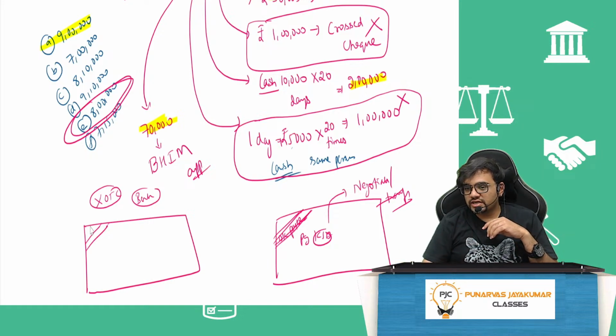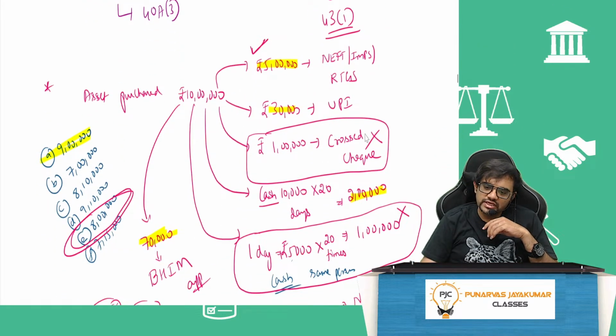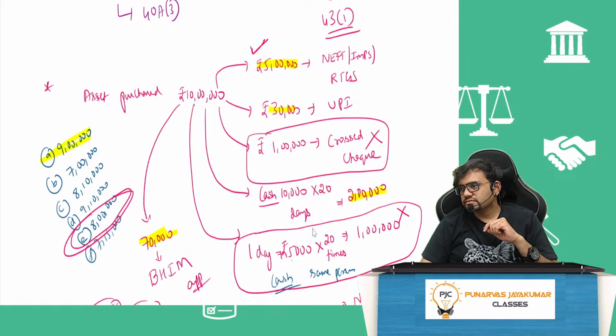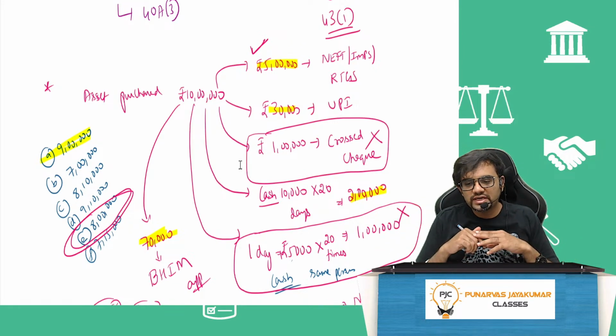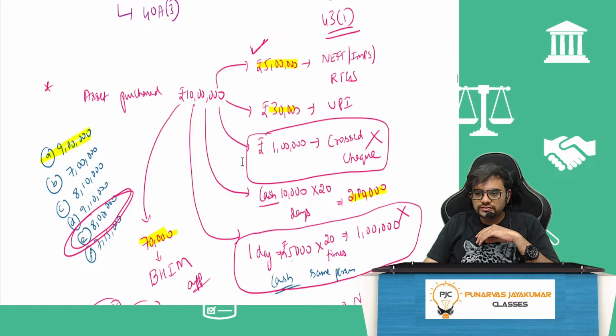So if it is a cross check, as per 40A(3) and 43(1), that is your capital expenditure, this is deemed to be cash. 1 lakh is deemed to be cash. So 1 lakh will be subtracted from actual cost. So 10 lakh minus 1 lakh, minus 1 lakh again. Why this 1 lakh? 5,000 rupees you are paying 20 times to the same person in a day. So 1 lakh will be disallowed. Disallowed means it is subtracted from the actual cost. So what will be my actual cost of the asset? 10 lakh minus 1 lakh minus 1 lakh. It will be 8 lakh rupees. I can take it into account.